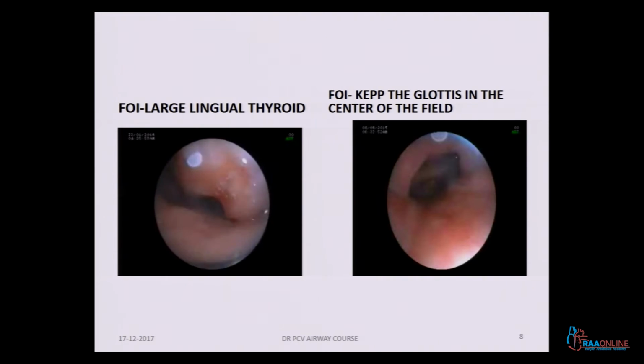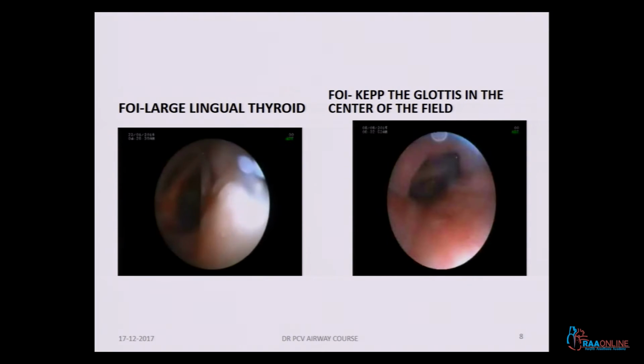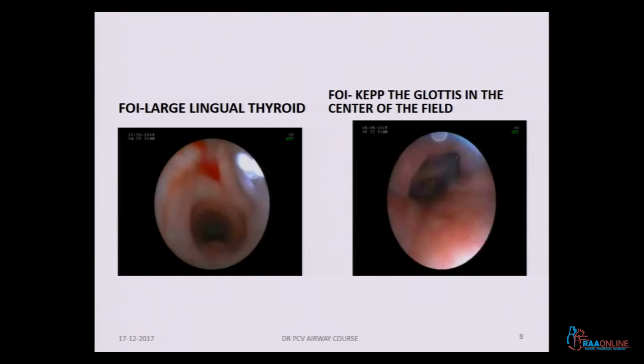and we will try to go below the swelling and see the epiglottis, the pushed epiglottis down there, and always try to keep the glottis in the center of your vision, so that you can easily identify the structure and you can push the endotracheal tube also without catching on these structures. And while you are passing it, you can see the cricothyroid puncture, injection of the local anesthetic solution there, and there will be some amount of bleeding like this always.